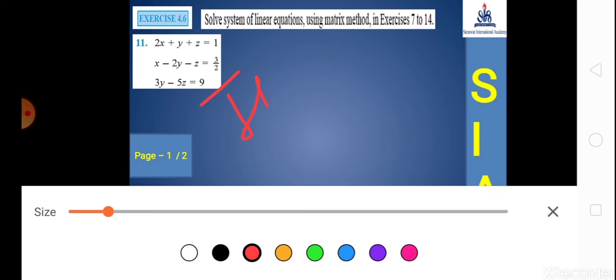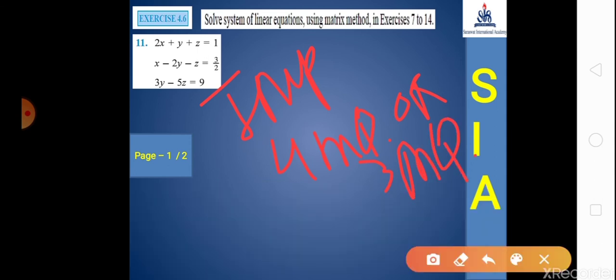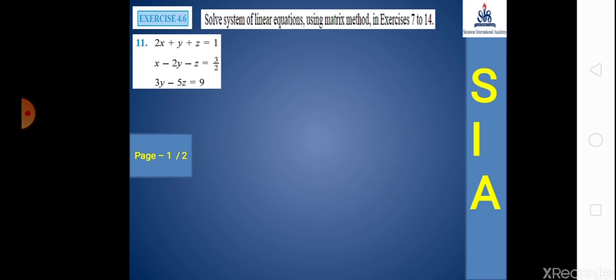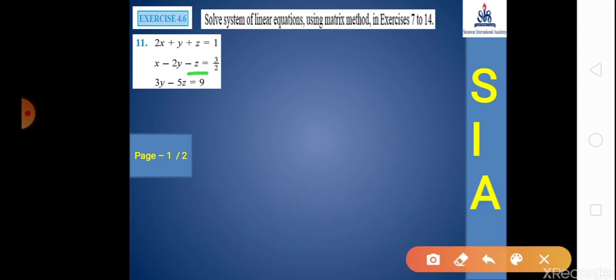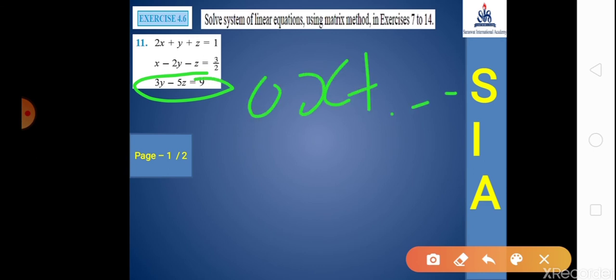This numerical also, before starting, I just tick mark for you. It is an IMP sum. It is already asked in the exam for 4 marks, otherwise 3 marks sum. Okay. Why an IMP sum? Because students look at that. Here a missing coefficient is given, I mean a missing letter is given. In this one equation the missing term is 0x plus other terms.